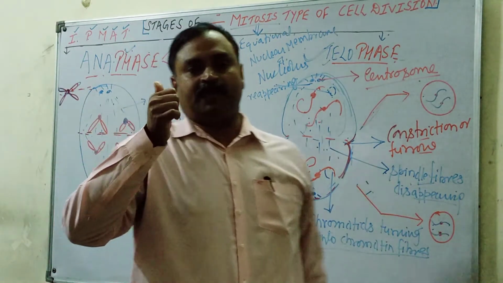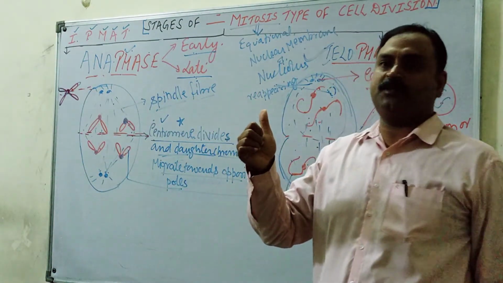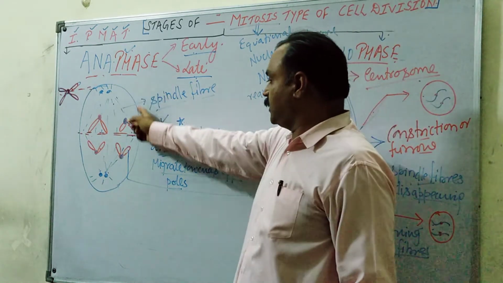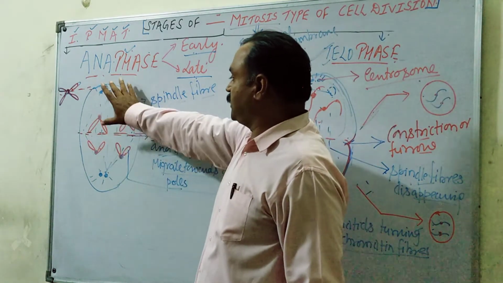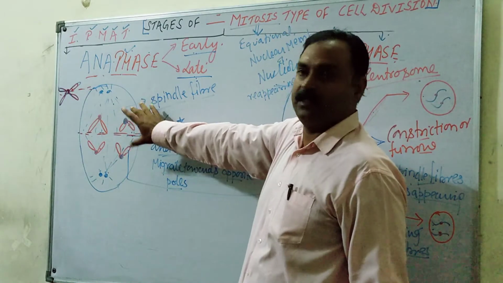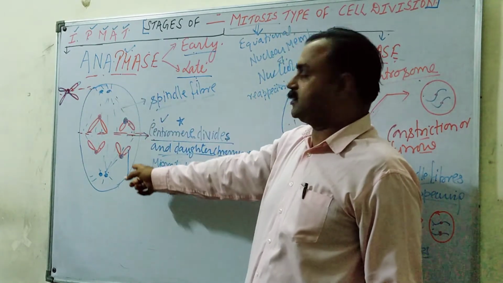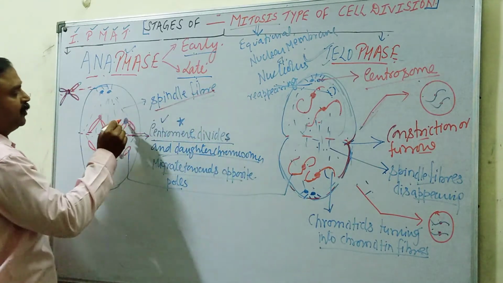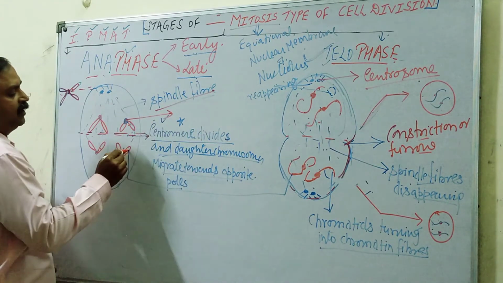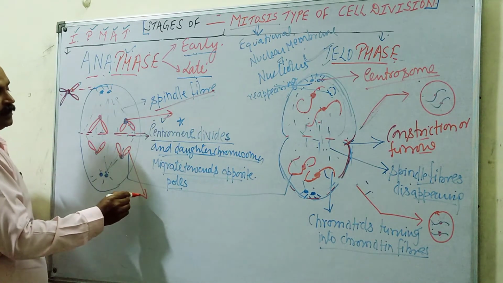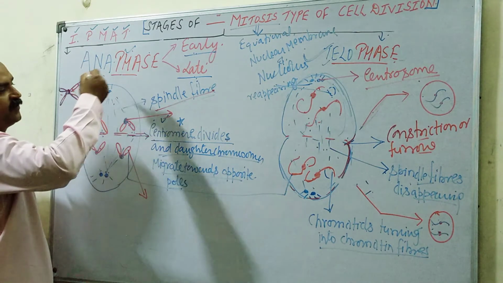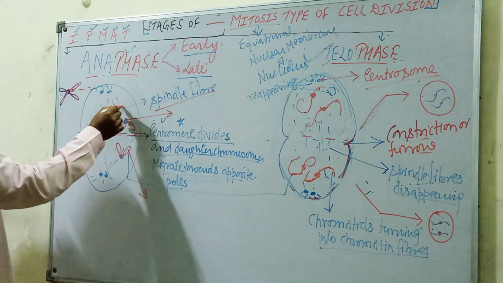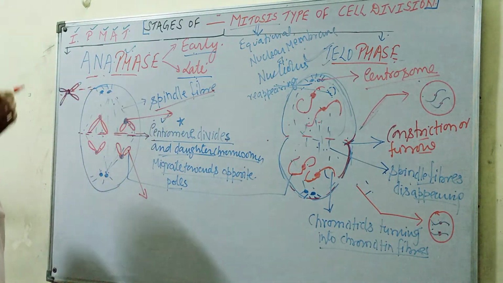Finally, I am telling you again about those 5 core questions. First question will be identify the given stage. Say if this is asked in the board, anaphase. Identify the given stage. Anaphase. Label part 1, spindle fiber; 2, centromere; 3, chromatid. Name the stage which follows this stage, telophase, or name the stage which is prior to this stage, metaphase.